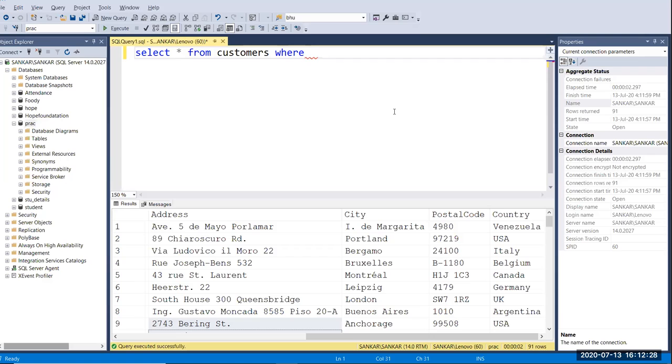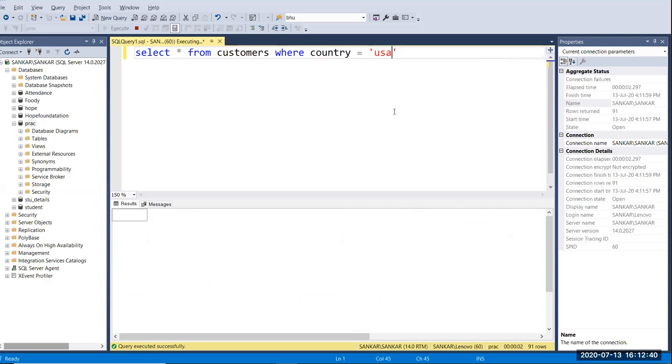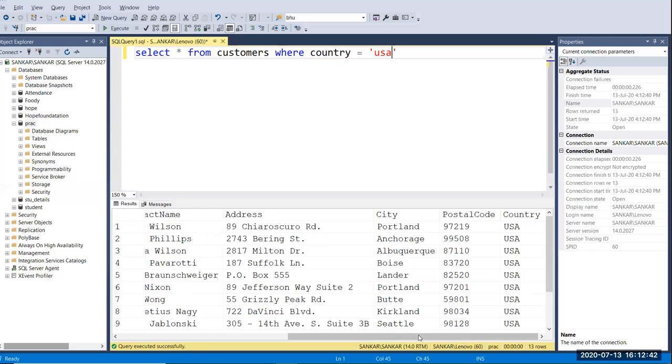Okay, like here I want to give country, and here I'm going to pass USA. So I'm going to run this. Now we have got what are the customers in USA, right?